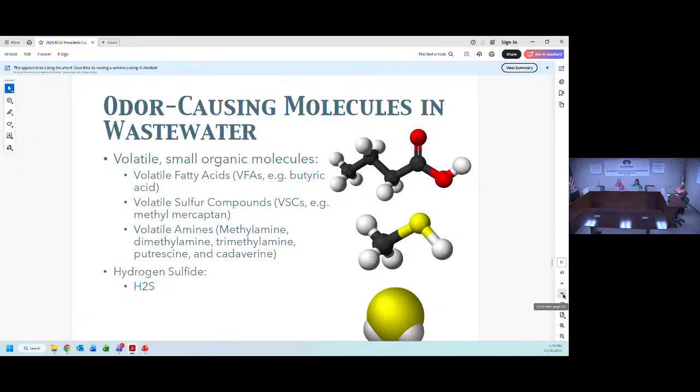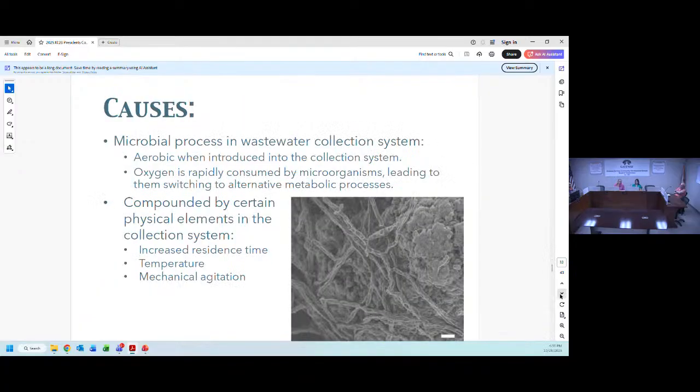So that one, apart from smelling like rotten eggs, is also of particular interest for utilities because it causes operations and maintenance issues. It's highly corrosive. So next slide. As a general rule, what causes all these compounds to form